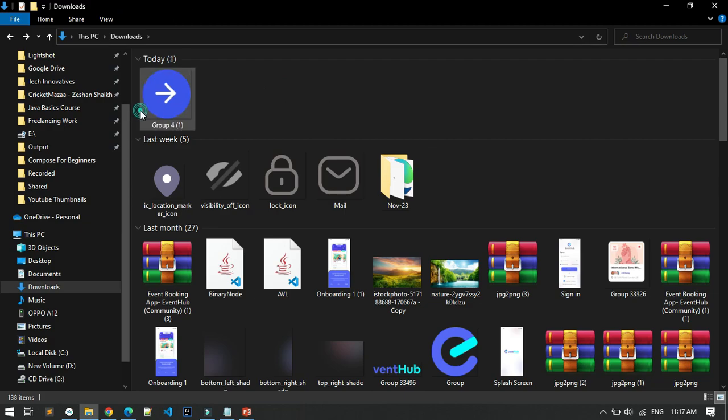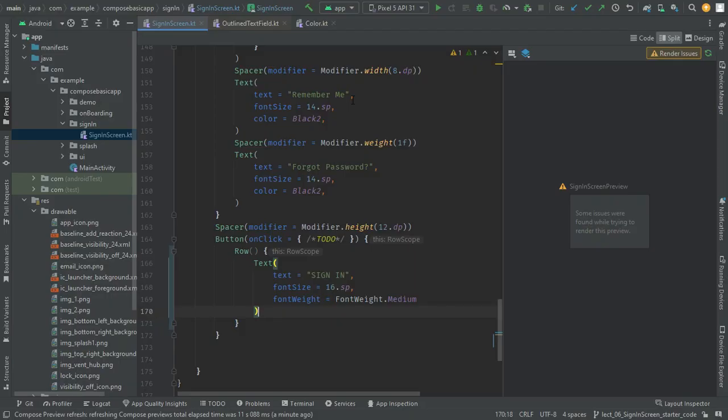So I will name it ic right arrow with blue background. Copy this, paste it in the drawables,